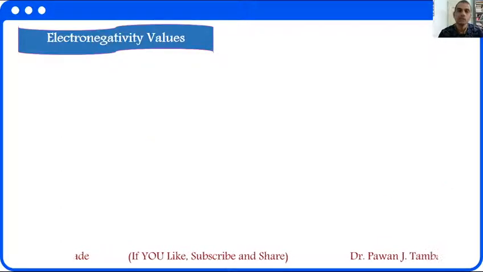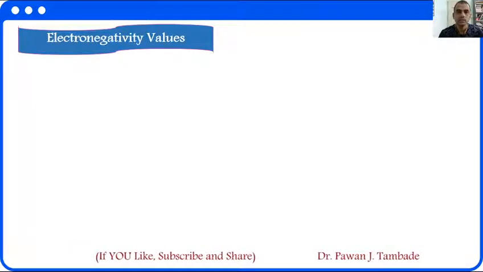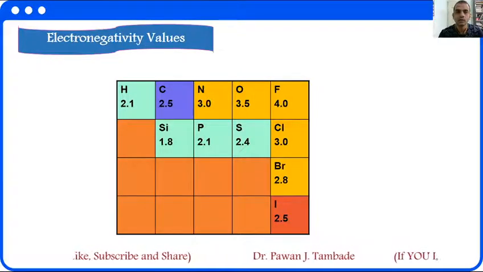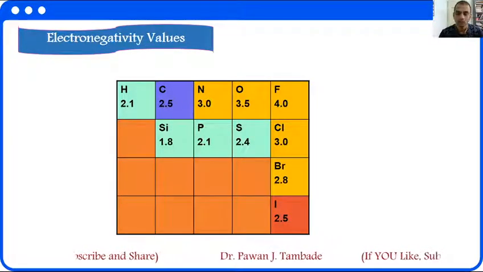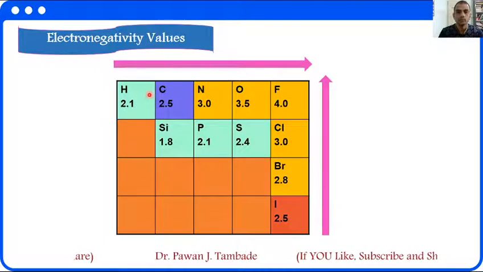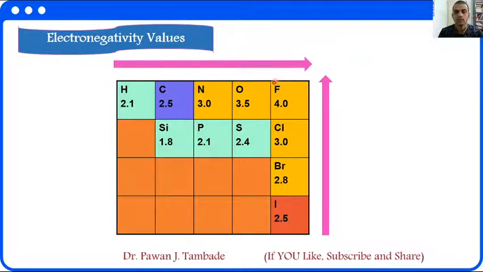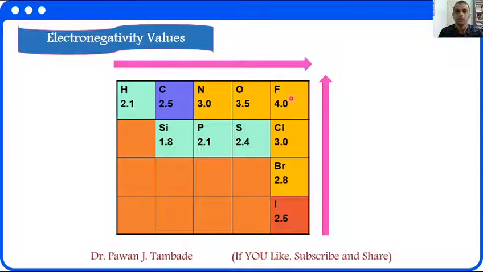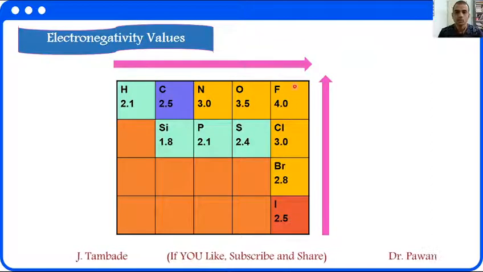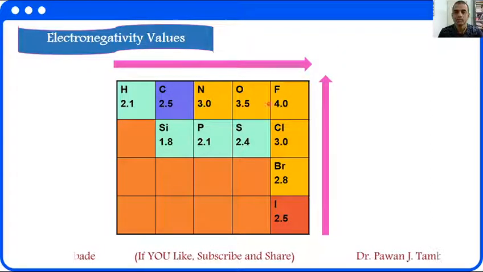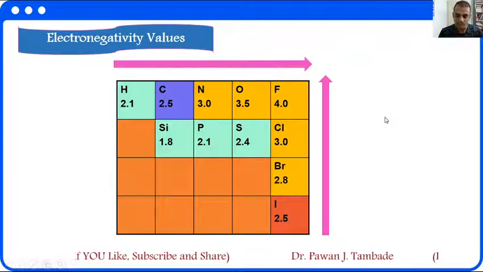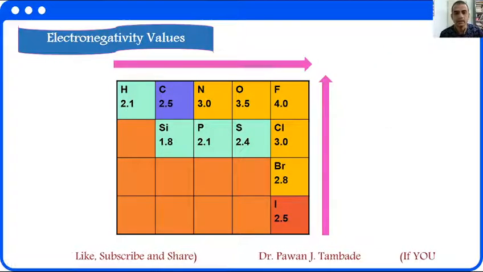Today we will see inductive effect. In order to understand inductive effect, first of all we must know what electronegativity is. If you look at some major elements which we encounter in organic chemistry, you can notice that electronegativity increases across a period, when we move from hydrogen to fluorine, and decreases in a group from top to bottom. Among these elements, fluorine is the most electronegative, having electronegativity value 4. This concept is going to be useful in understanding inductive effect.